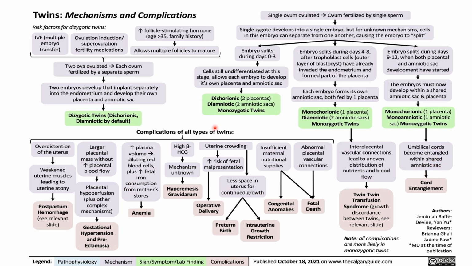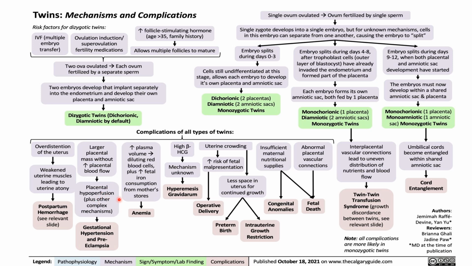All other complications here are what we just talked about: over distension of the uterus, which will lead to weakened uterine muscles, leading to atony. So what are the T's that cause PPH? We say tone, trauma, and go find the rest, the last two. That is postpartum hemorrhage. A large placental mass without increase in placental blood flow will lead to placental hypoperfusion